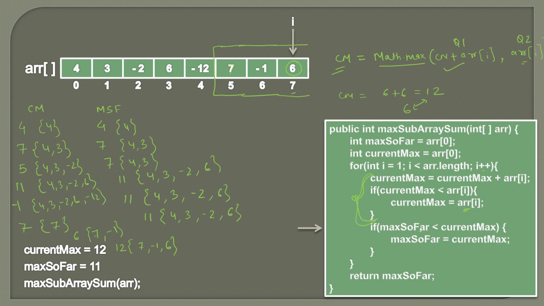And here you can see that this current max 12 actually beats the max so far. So this condition comes out to be true because max so far is less than current max. So it means we simply update the max so far, which is 12. So this value is assigned to the max so far, stating that this sum was made from this subarray. It becomes 12. We'll increment I.